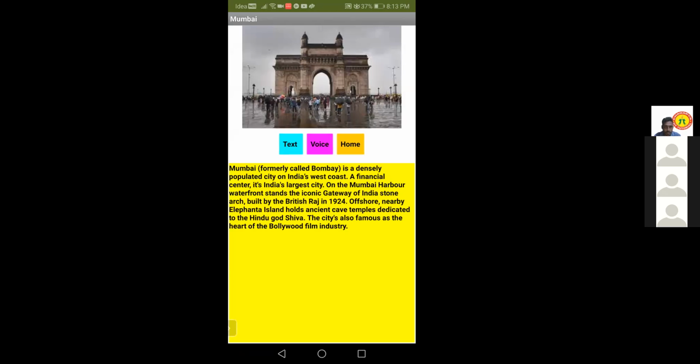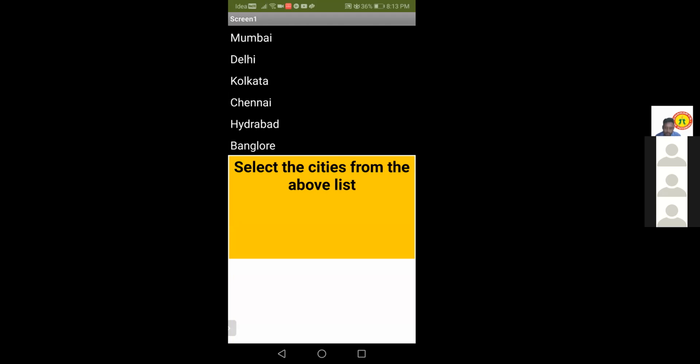So when I click this one, the voice, can you hear the voice? I can't hear the voice. Okay, so when I click this home button, it will just return to home. Simple.